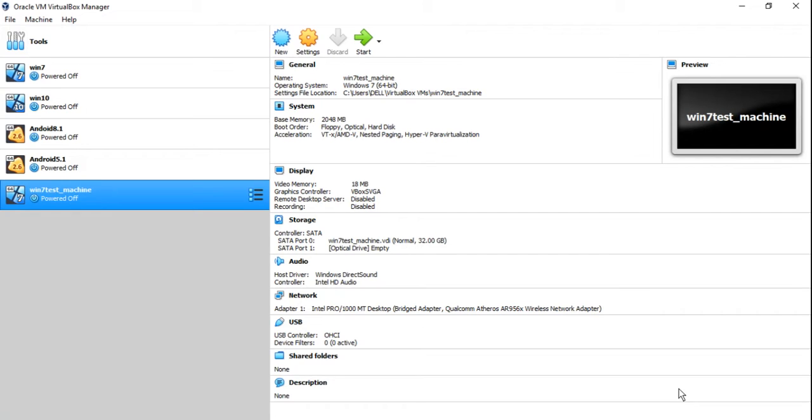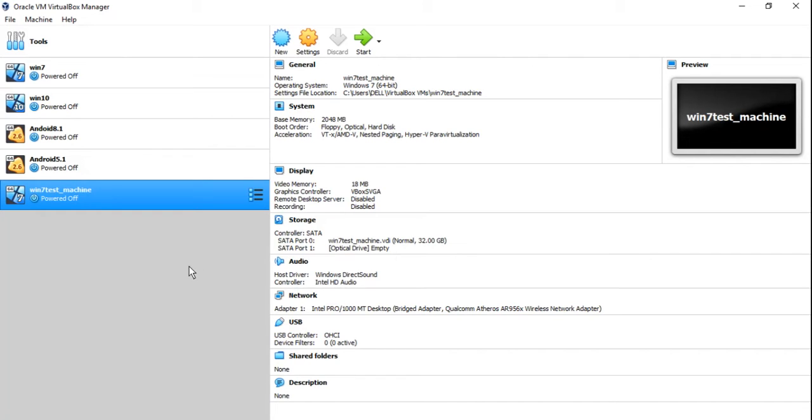Now, before proceeding with the installation part, let me tell you one more feature of VirtualBox, and it's called snapshots. What this feature does is, a snapshot will create a point so that in future, if anything goes wrong during our pen testing, we can restore our virtual machine back to this point, which means it will restore our virtual machine to its previous state, right? So it's an important feature for us. And now let's continue with our installation.